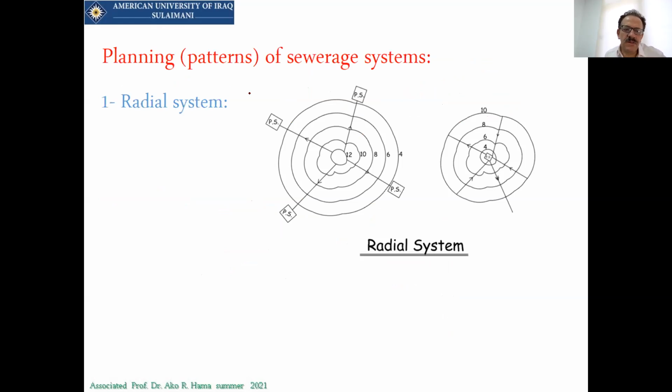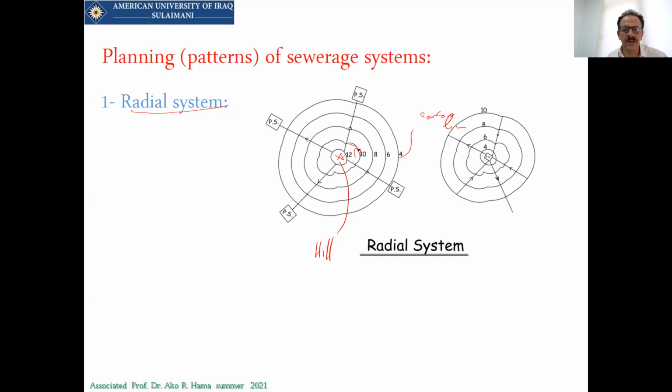Now we have another method which is called the radial system. In the radial system, this is a contour line of the elevation. What appears here is that this point is like a hill. This is the highest level, and there will be a lowest level here. So we have houses.